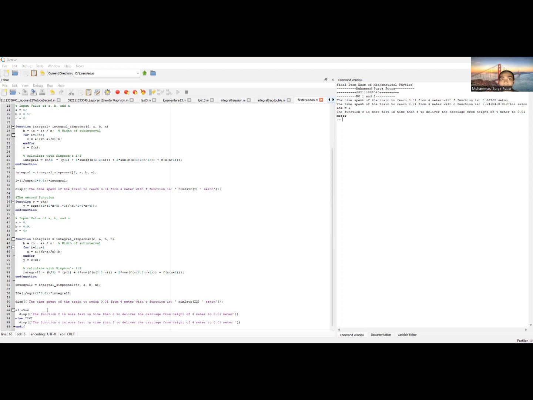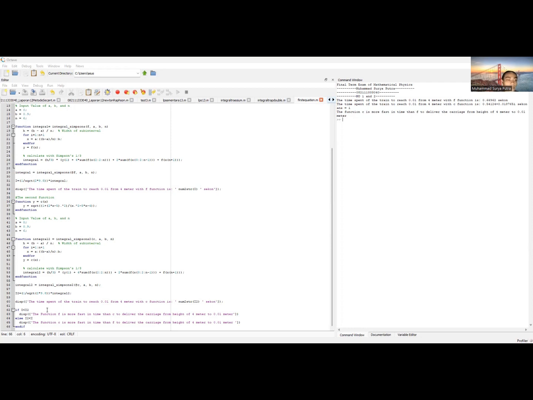is smaller than the E2, where E is from the first equations, the F equations, and the E2 is from the second equations, or the C. So if the time span of the first equations is below the second equations, the function f is faster in time than c to deliver the carriage from the height of 4 meter to